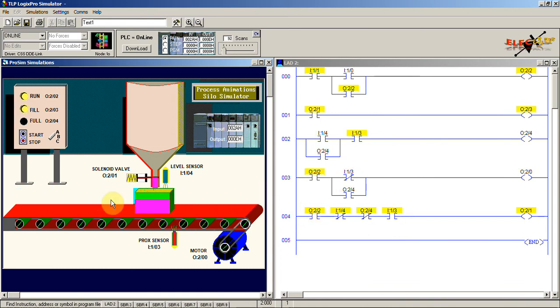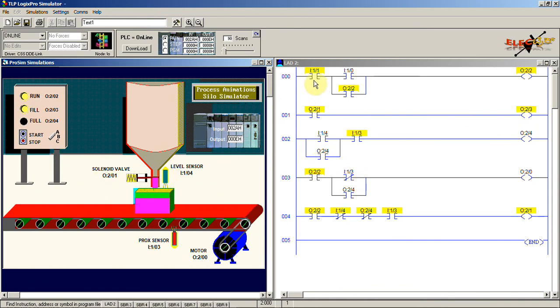Like that is the process, where you can see that the process is running. Once the container is filling, at that time this fill indication needs to be provided. Once it is full, you can see the indication over here, this is full, and at any time we can stop this process by pressing this stop push button. So now the process is stopped. Again if we press this start, the process will be started from the last position where it was. Again this will be continued. Like that we have done with the programming.